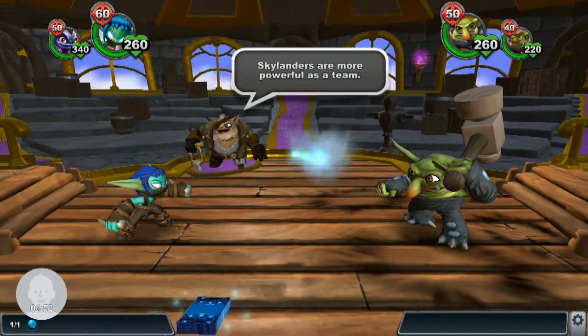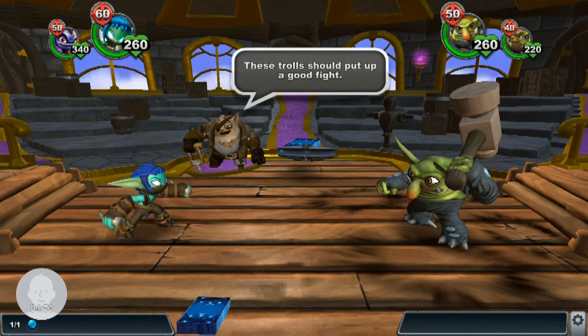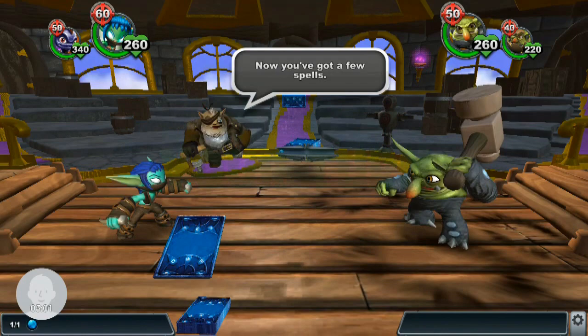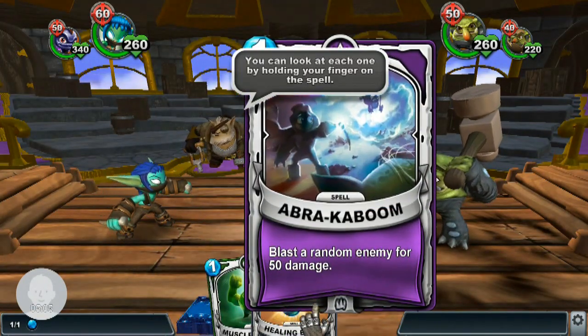This looks very nice. One more battle and you'll be ready to go. Skylanders are more powerful as a team. These trolls should put up a good fight. Alright, so here,